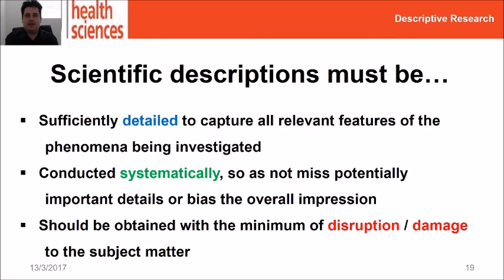And this last point that I mentioned here, it's more an ethical point than an epistemological point in science, but we generally try to obtain our observations with the minimum disruption or damage to the subject matter. One of the most tragic things that we say about old world science and things like this is that sometimes we murder to dissect. Sometimes you destroy what you're trying to look at in order to get information about it. And while that is, in some senses, necessary, we need to conduct dissections, autopsies, things like this to figure out some important details of reality.